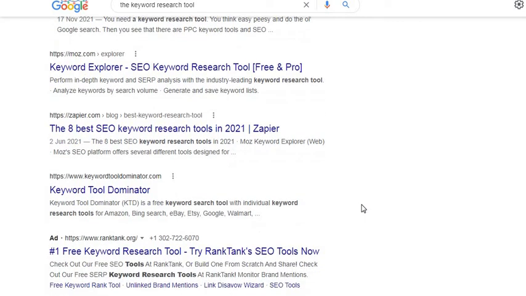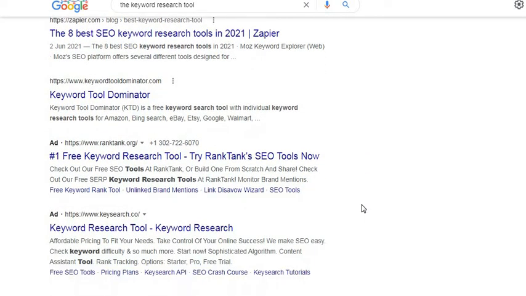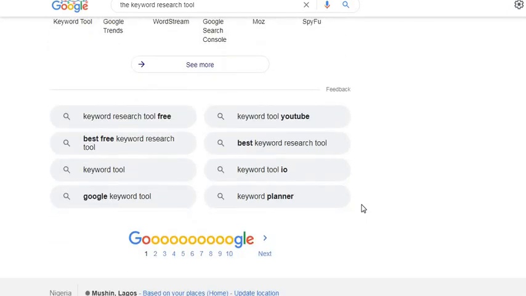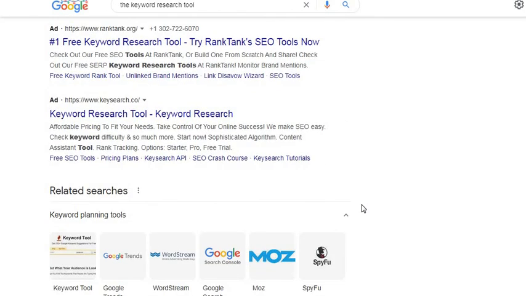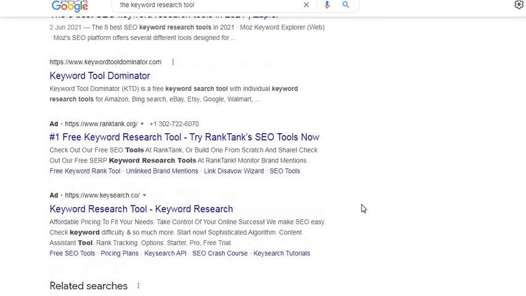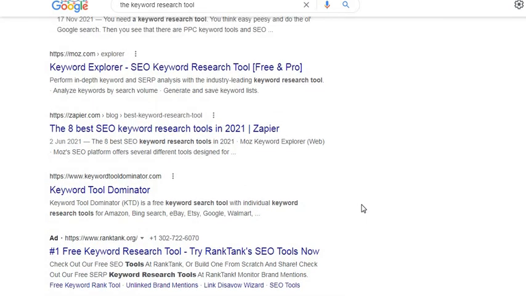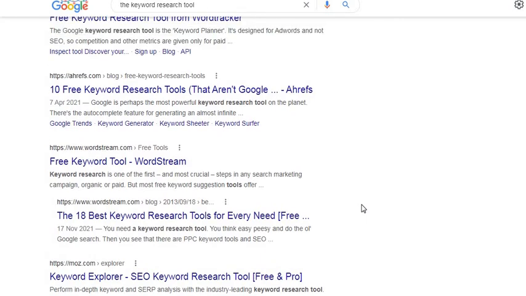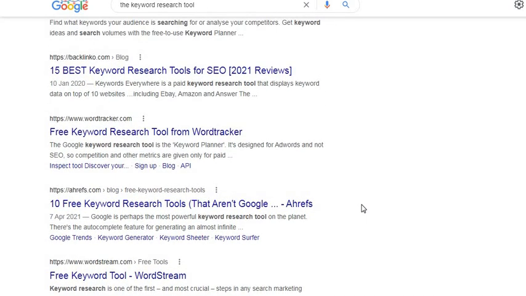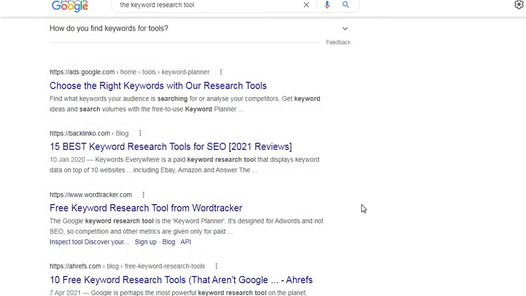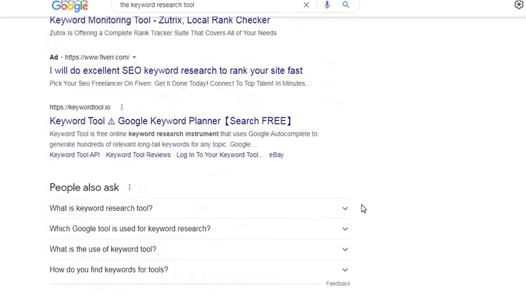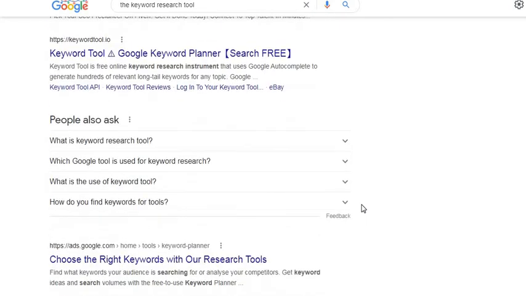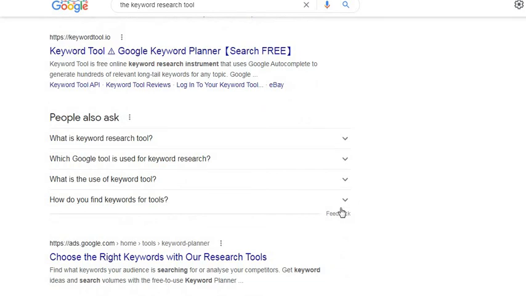Keyword Explorer, Keyword Tool Dominator. No. It's no longer showing. There's one particular keyword tool that used to be very good. I always use it. So for you to be able to get some free keywords, oh, it's not there. Keyword Planner, keyword